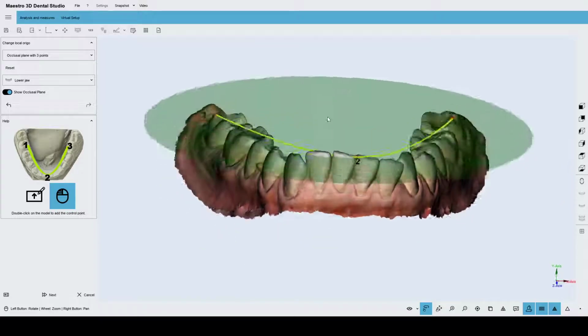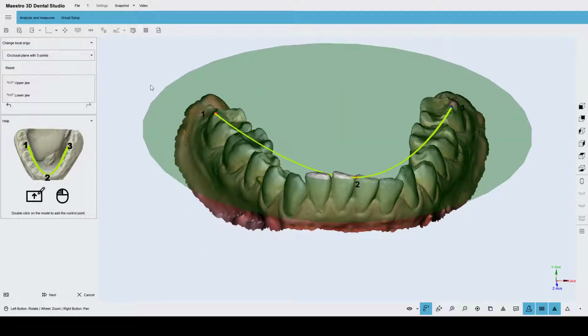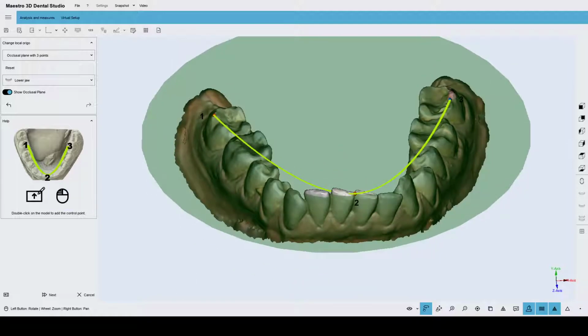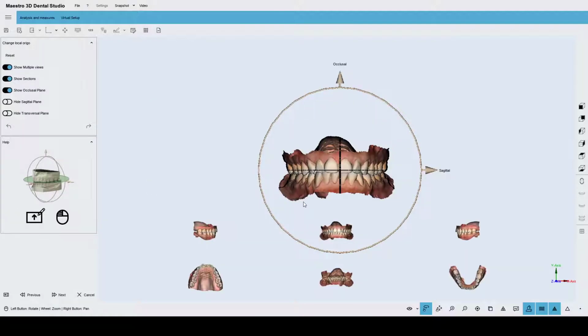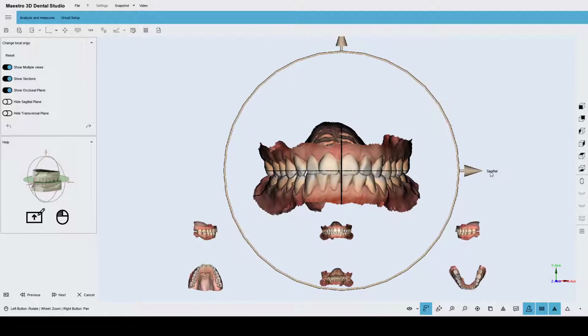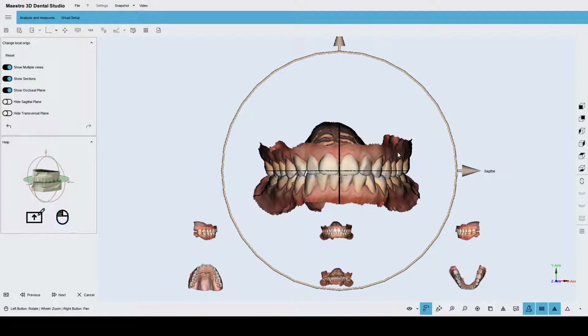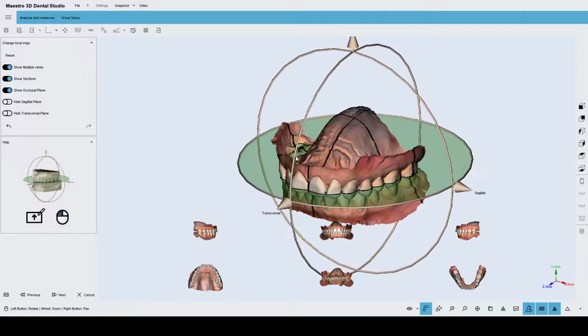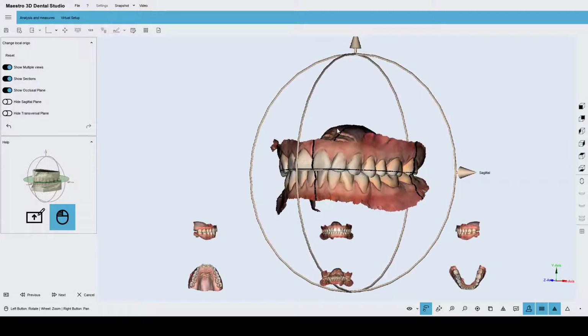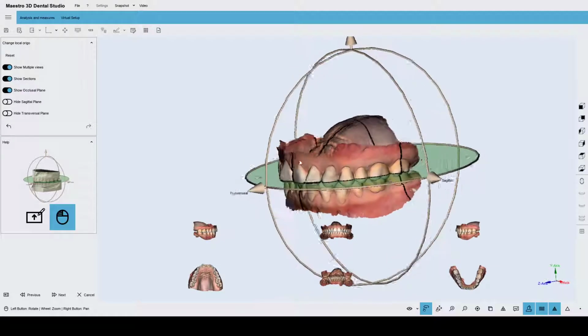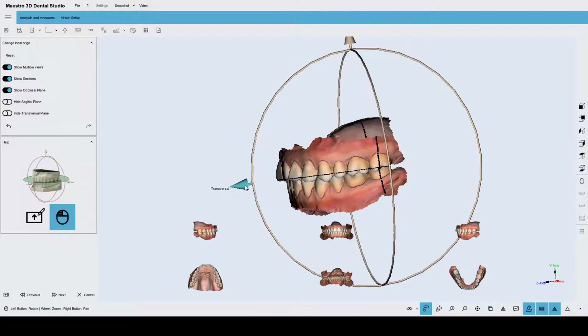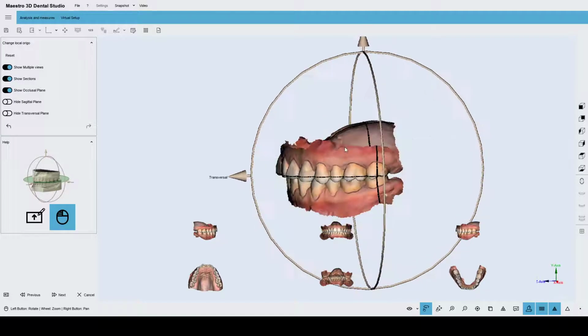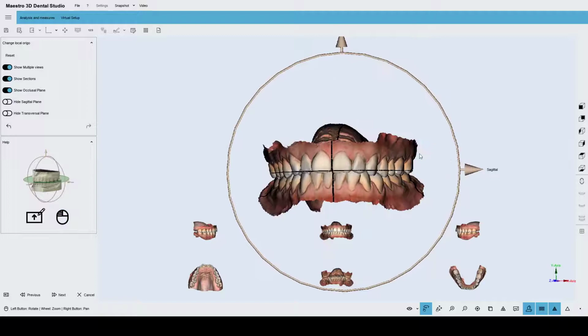We can start from the lower or the upper jaw. We can also use more points in order to define our occlusal plane. And right after defining this starting occlusal plane, we can also improve our positioning, moving the axis and moving the center of our models using the manipulator